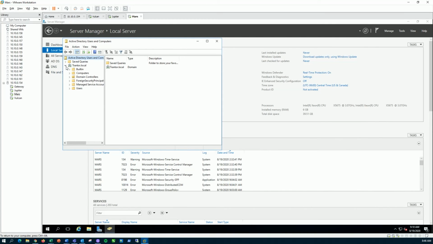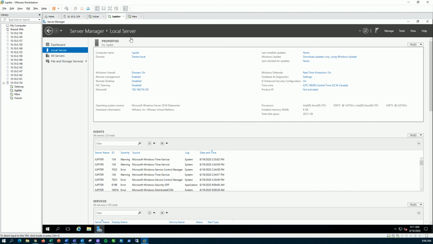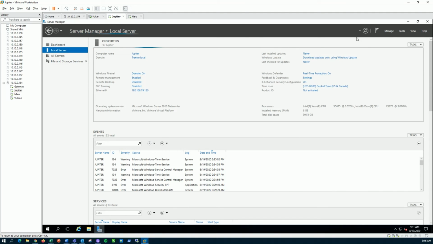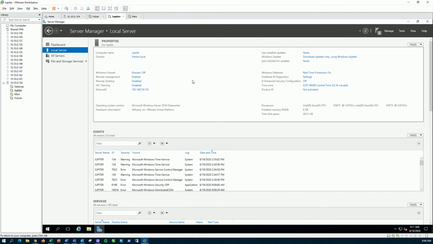And we're going to go into our domain, we're going to go into Computers, and there's our computer Jupiter, so the computer object is now also in Active Directory. And you can hit the refresh, and that will show all of the settings have been updated,